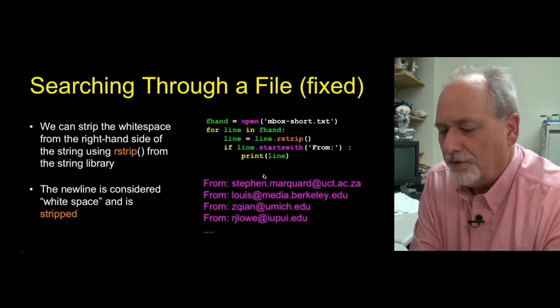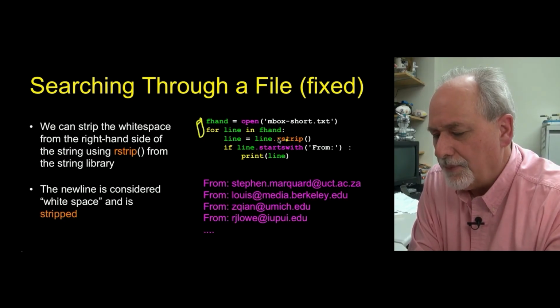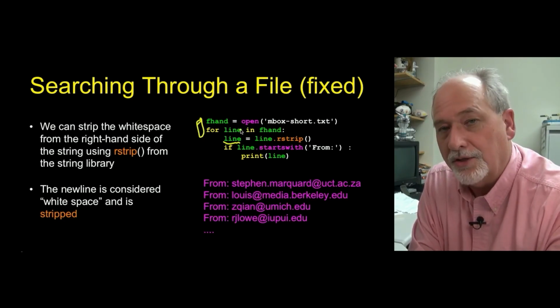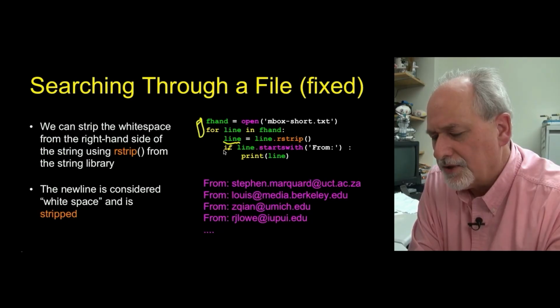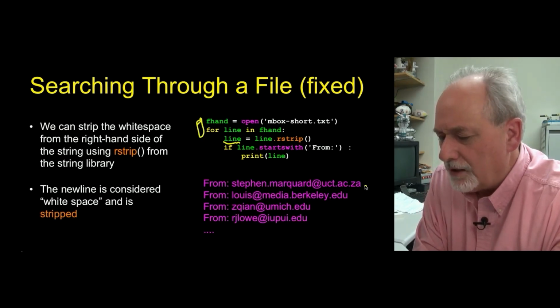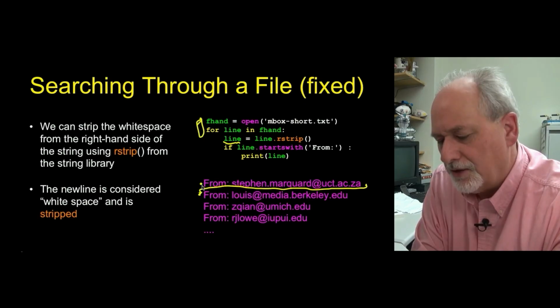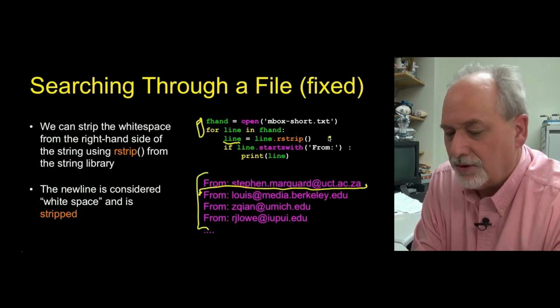And so if we are going to loop through all the lines in the file, we say line equals line rstrip, and then this variable no longer has the new line at the end of it. We have our little if statement, and if we print it, then the data has no new line in it, so the print only goes down one. And so now we have single-spaced output. And so you're going to be doing that a lot.